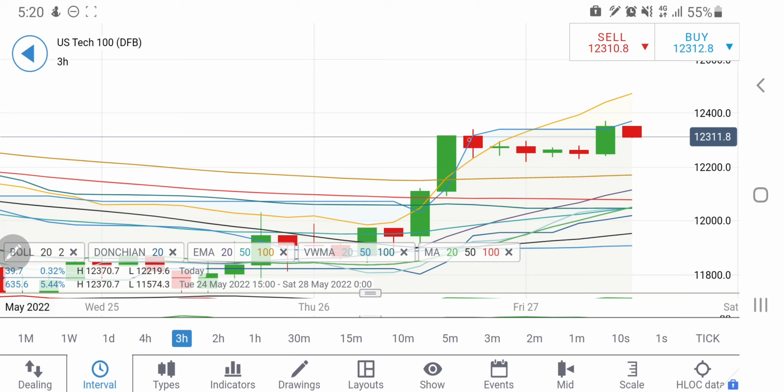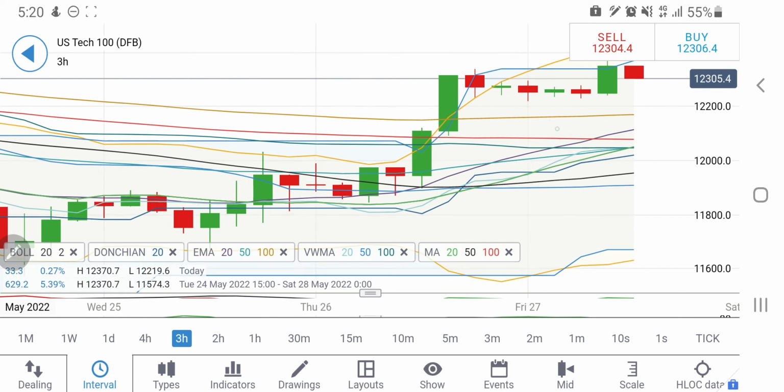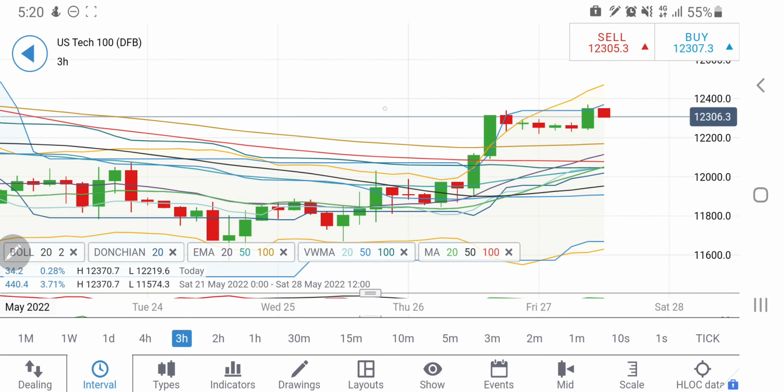Now look at the 3-hour charts. On the 3-hour charts, see higher highs are done. The support here is at 12240, 12250 levels, and yes, if it breaks this zone at 12240, we can expect that it is going to give you a sharper drop towards 12100, 12000 levels. In fact it can drop well below those levels if it continues to drop from here. On the upside, 12370 is the level which I'll be watchful of. Beyond 12370 there could be a